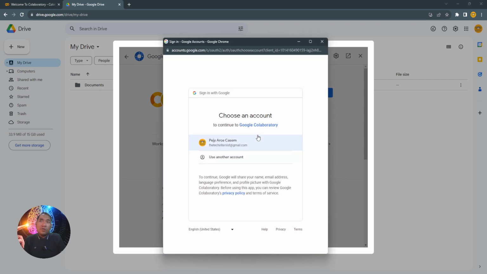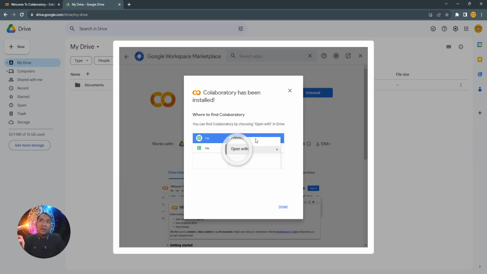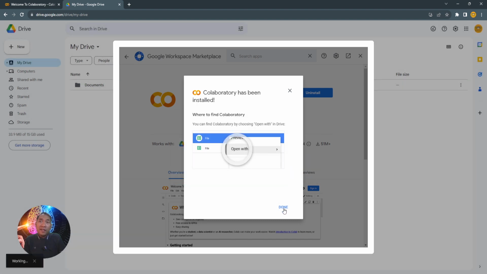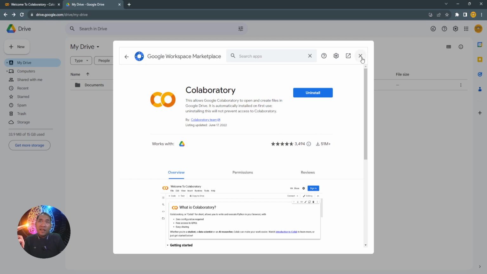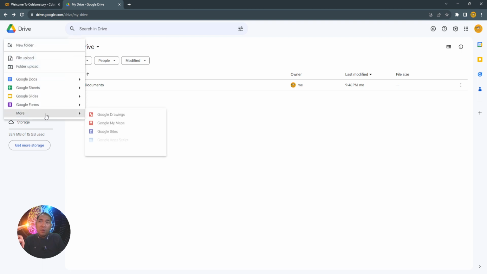Choose the account where you would like to install the Google Collaboratory. In my case, it's my account. Then you can see that you just check this one so that it will be the default app to open that .ipynb in your Google Drive. Just click OK, then click Done, and click the exit button here, and be sure to check again New, More,